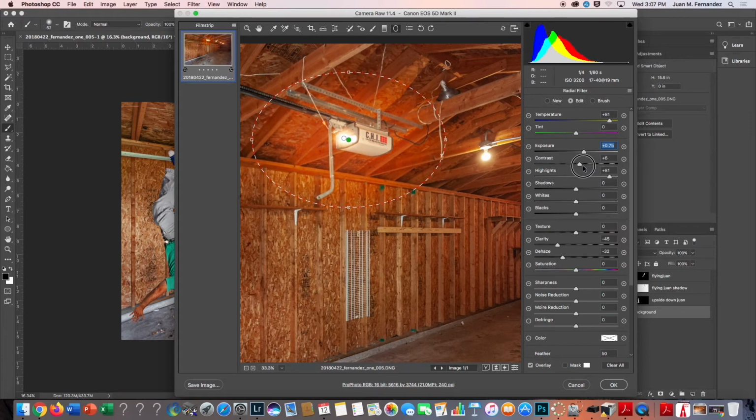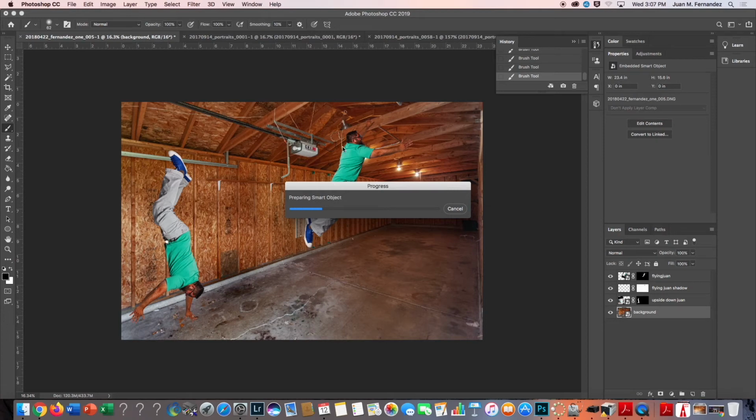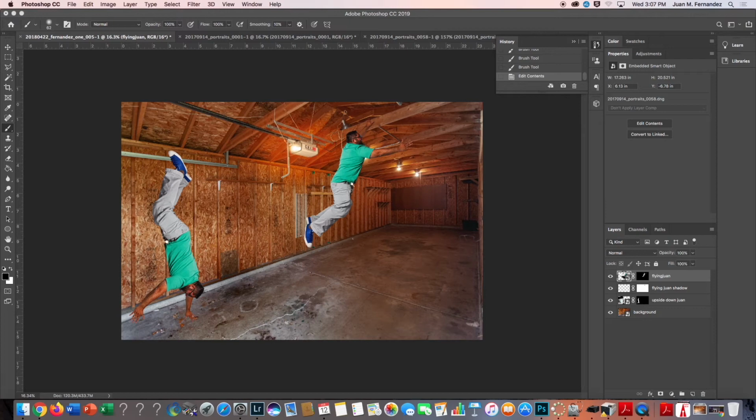Contrast down a little bit. Hit OK, and what you'll see is this area right here is going to almost look like it's illuminated right there. So now we can go into this one, the flying one, double click on that,